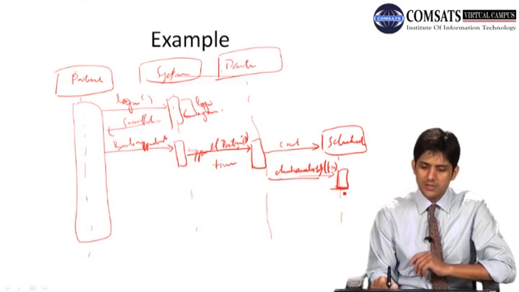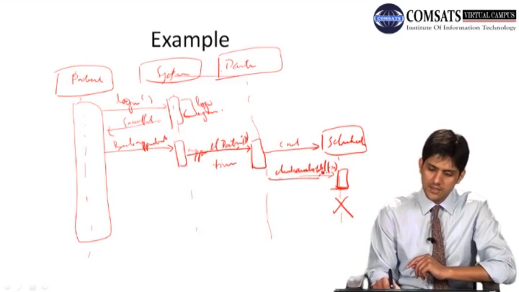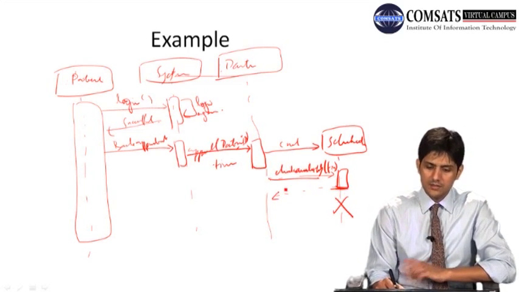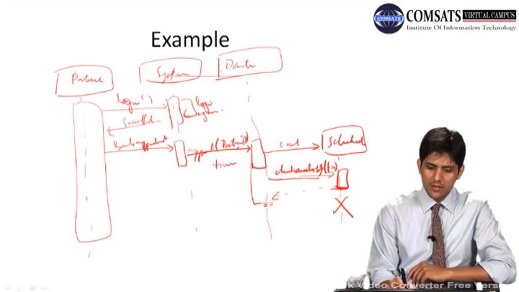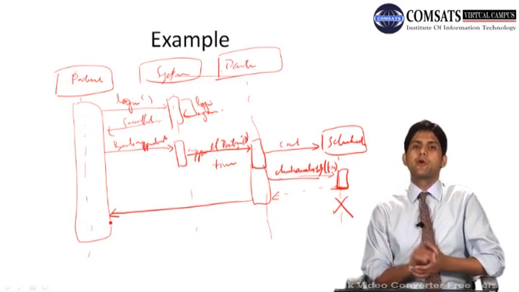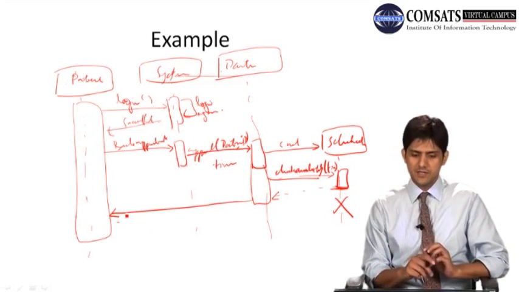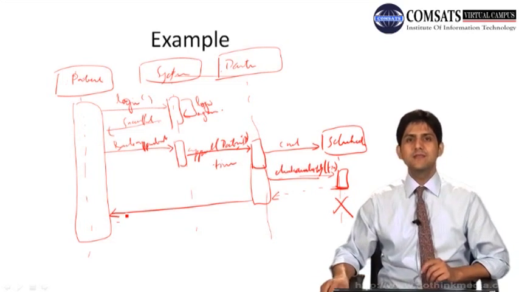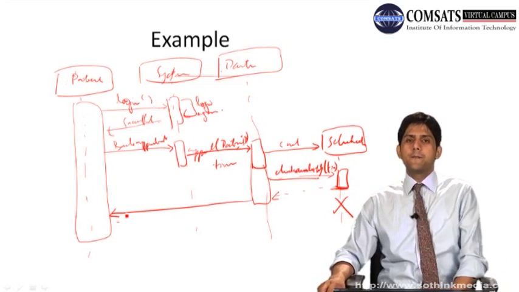एक्टिवेशन बॉक्स, यहाँ पे हमने क्रॉस लगा दिया कि इस सब्जेक्ट की हमें ज़रूरत नहीं है। यहाँ से एक रिटर्न मैसेज आ गया जिसने बता दिया अवेलेबिलिटी का रिजल्ट, ठीक है। और वो हमने वापस भेज दिया पेशेंट को। अगर वो अवेलेबल है तो पेशेंट ने अपॉइंटमेंट बुक करा दी और पेशेंट को उसका रिजल्ट भी चला गया। अगेन, ये अगेन वेरी सिंपल सिनेरियोस हैं, ठीक है. And what I would suggest